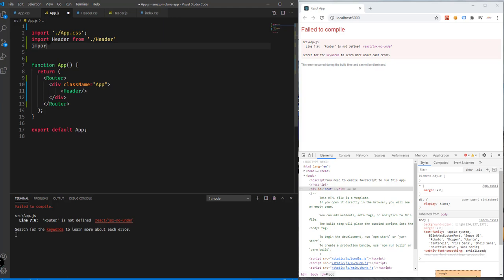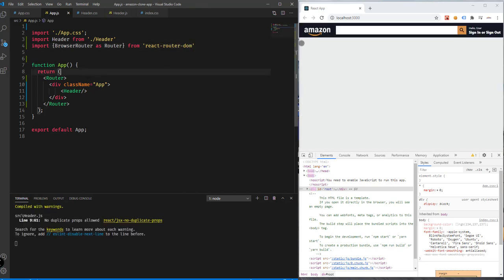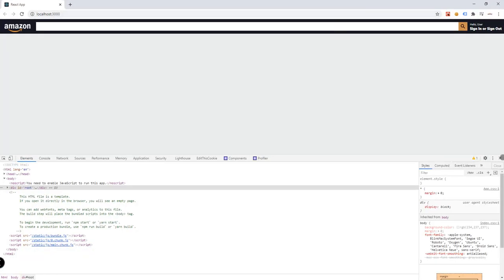So what we can do is import, and then open and close curly braces, and then BrowserRouter as Router, and then it will be from React router DOM. There you go. Save our file, and we should have this display where we can see the logo,